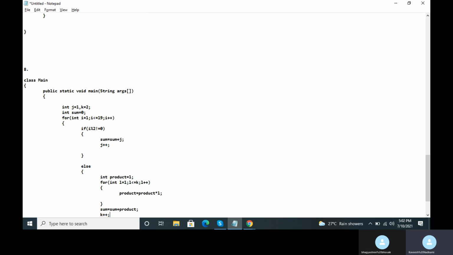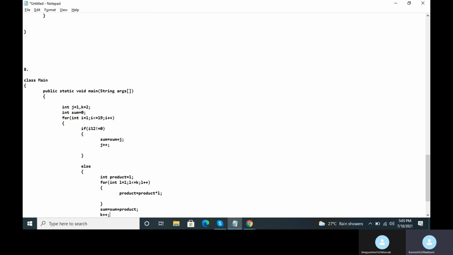So okay, else block means we are in the even numbered element. We are on the even numbered element of the series. And the if block means you are on the odd numbered element of the series here. Correct. So for that you are just adding j to sum, and for even numbered element you are finding the product of all values from 1 to the current value of k, storing it in the product variable, and then adding the current value of product to the current value of sum variable.